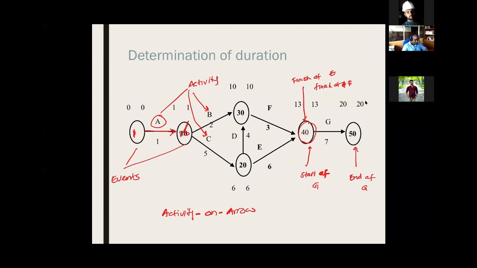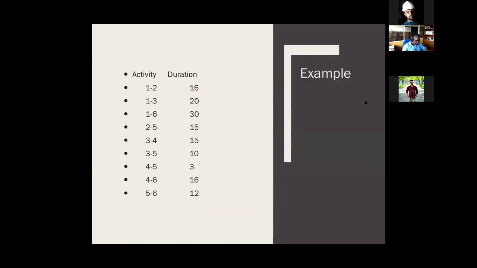As I can remember, we discussed this and finished this last time, right? I asked you to try to do this. I'm not sure whether you have done this. I'll give you some time. From the theories that you have discussed last time, try to work this out and find the early start time, early finish time, late start time, late finish time of each activities.